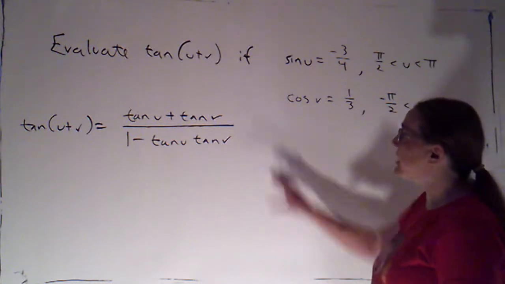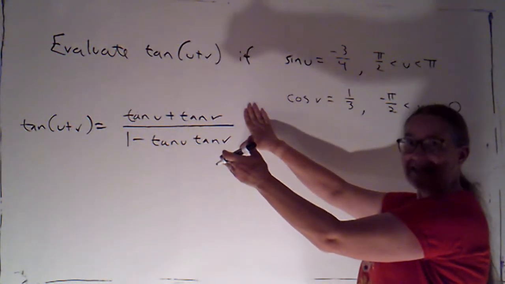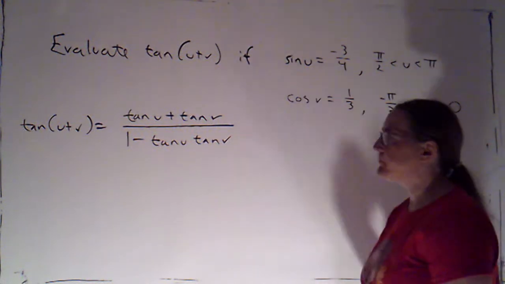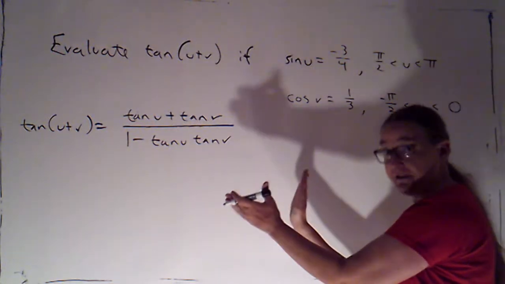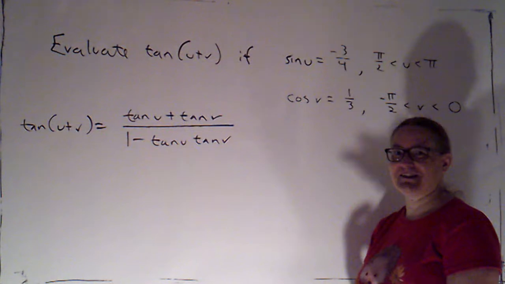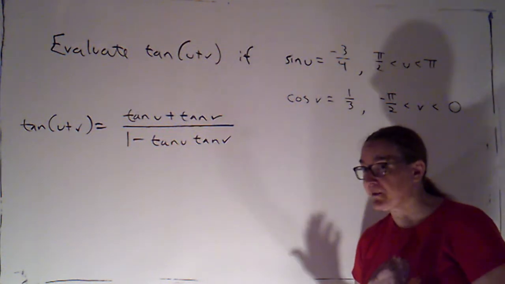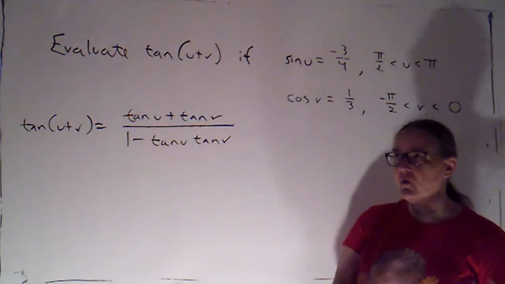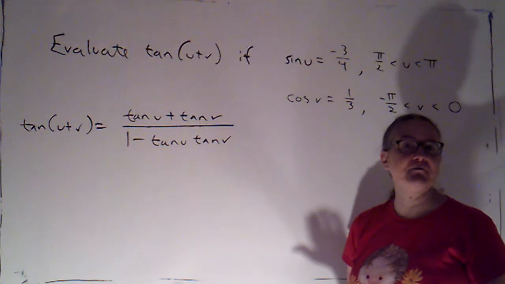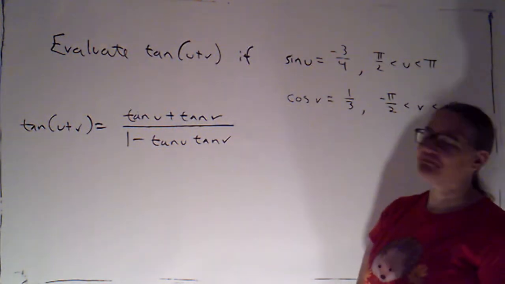I do recommend anytime you're using a formula that you write out what the formula is before you plug into it. Because as I'm assigning credit, there's partial credit for getting the formula right, and then there's partial credit for using it correctly. If you're using the wrong formula, but you use it correctly, or if you use the right formula but you use it incorrectly, I want to be able to give you partial credit for the part that you did right. And that's a lot easier if you show me step by step.